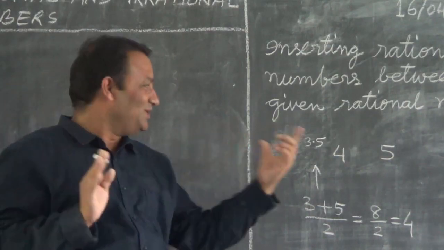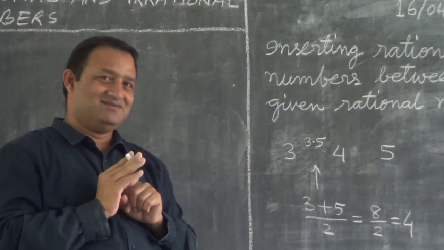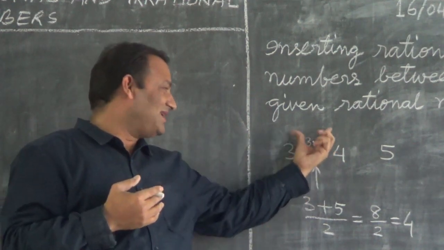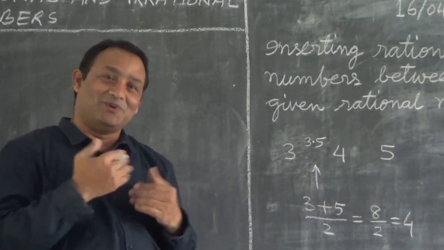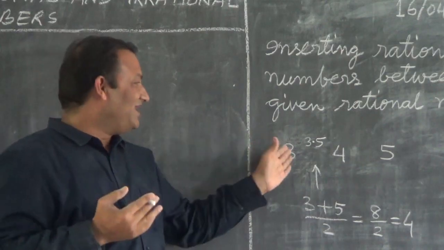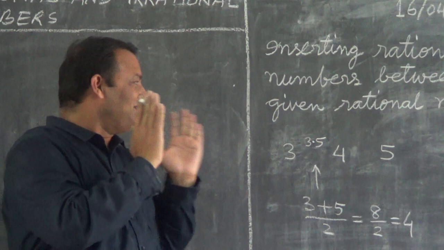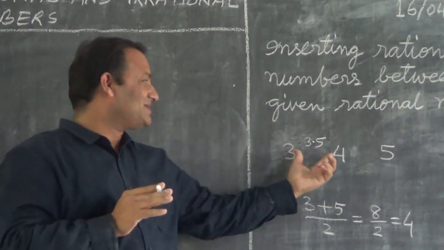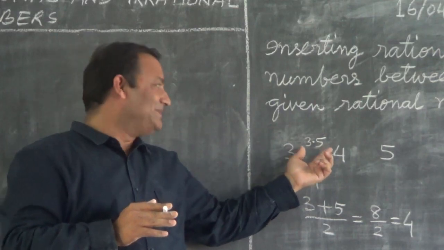We are not born to do this work in life. I am not born to find only the rational numbers between 3 and 4 in life. That is not the purpose of my life. The purpose of my life is something else. So that is a meaningless operation. A finite, limited number of rational numbers, of course, we can find, and we have that method.